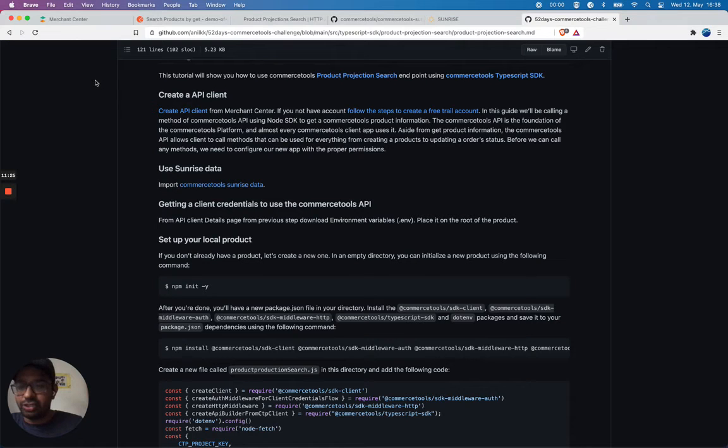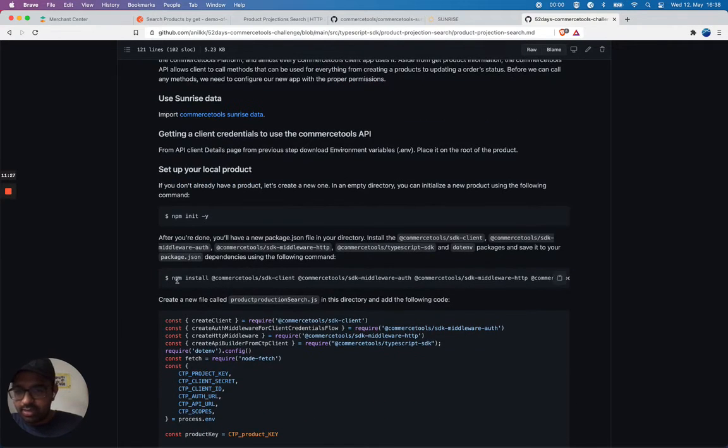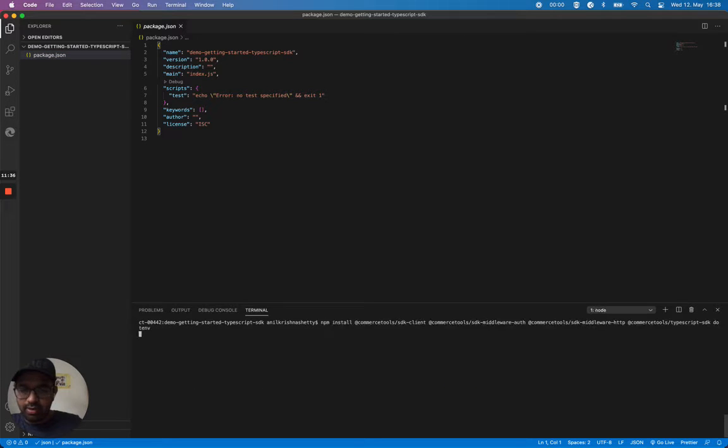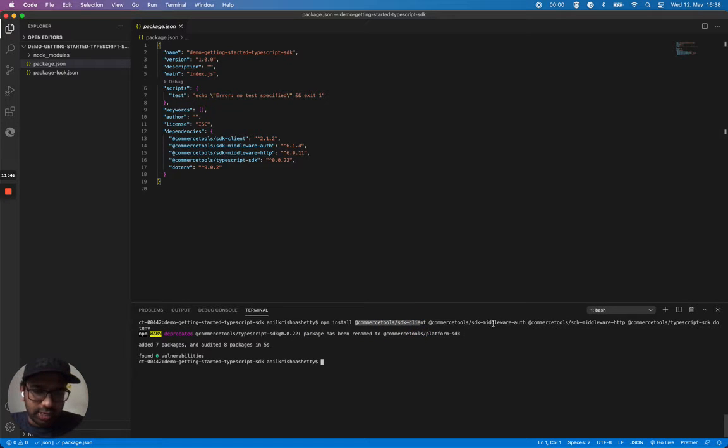I have my package.json, and I have to install all the dependencies. I'm downloading the commercetools SDK client, commercetools SDK middleware auth, commercetools SDK middleware HTTP, and commercetools TypeScript SDK. So all these dependencies are required to run our TypeScript or JavaScript SDK